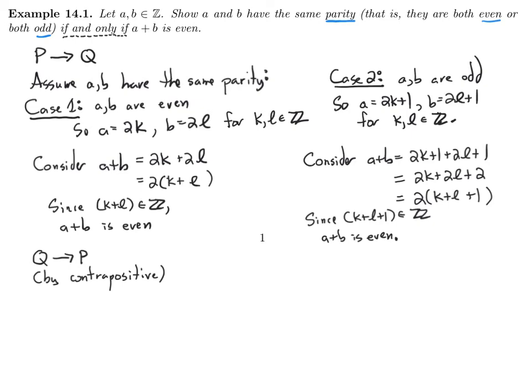So remember, we're going to assume that the then part is false, which is P. Remember here, this bit is P, and this bit is Q. So we want to prove the backwards direction: Q implies P. That means if we're doing the contrapositive, we assume P is false and show that Q must be false. So let's assume